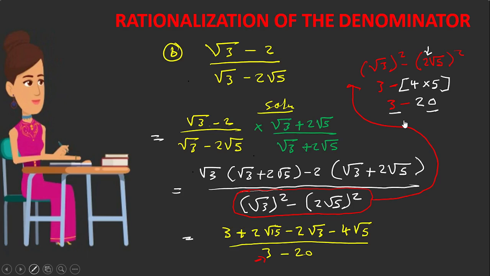Surds, which help us to rationalize, get combined with complex numbers. So that's where people get stuck. They don't know how to work out such questions. All they know is rationalization alone, complex numbers alone. They don't know